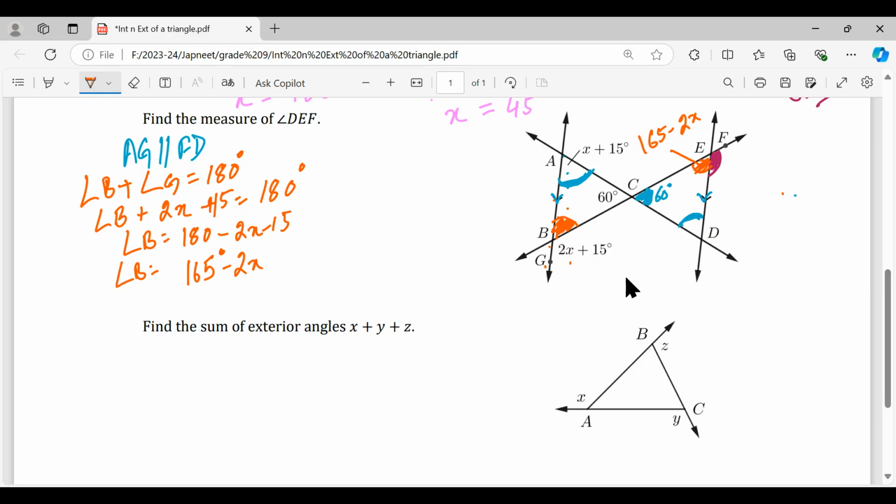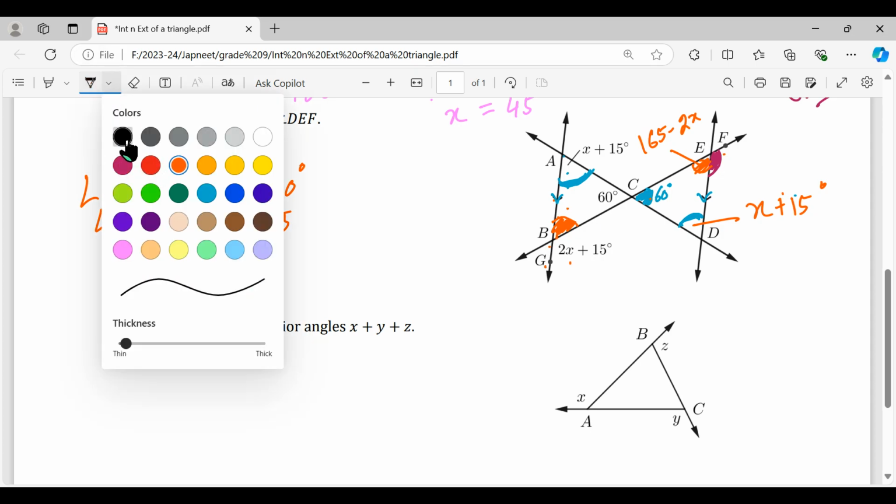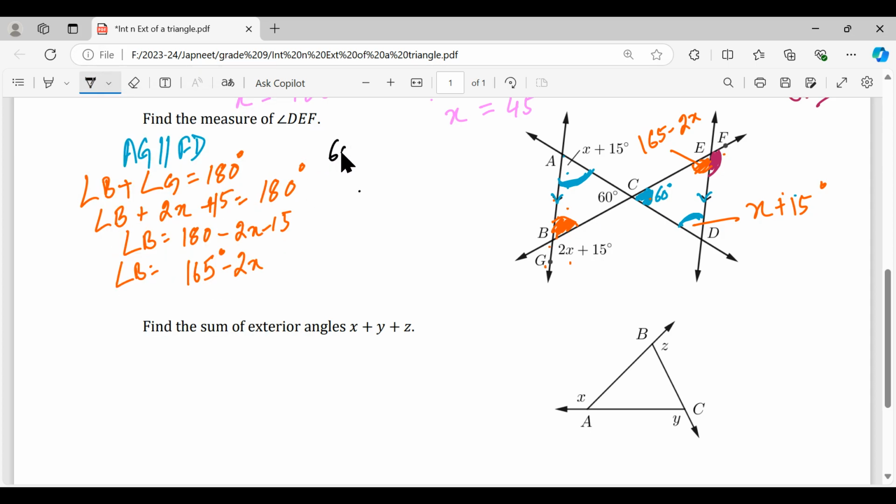Now what can be done? Our question is to find this one. Okay, so we can write this as, this is 60 degrees, this is 165 minus 2x, and this one is x plus 15. So the whole thing will give you 180 degrees. Okay, so we can work on it so that we find the value of x. Now 60 degrees plus 165 minus 2x plus x plus 15. This will give you 180 degrees. Right. So we can write this as,